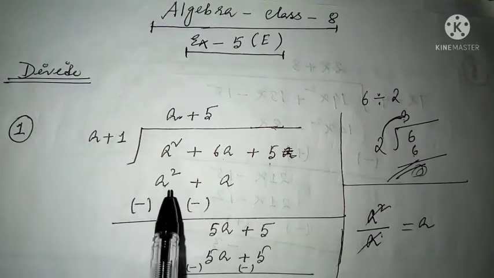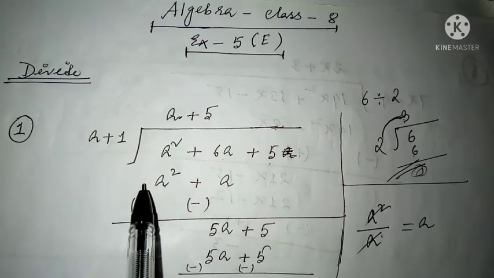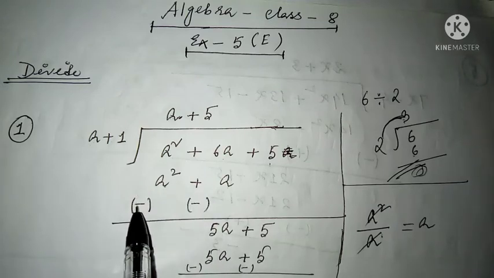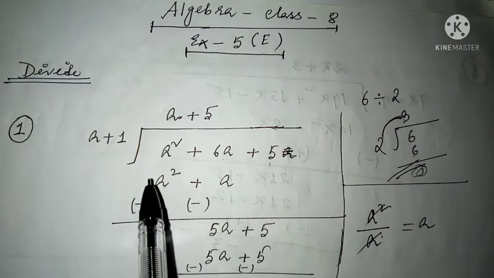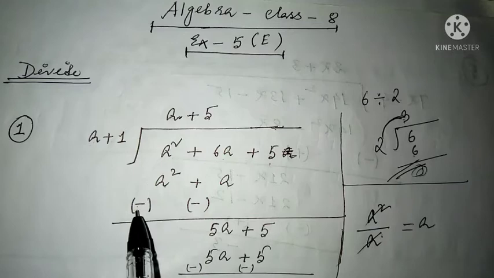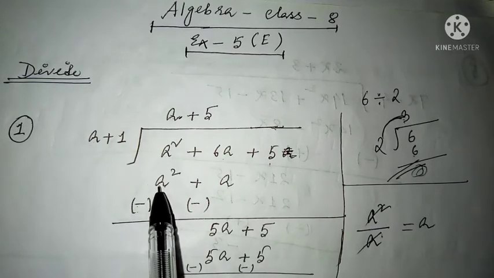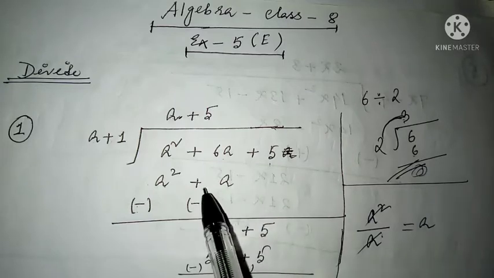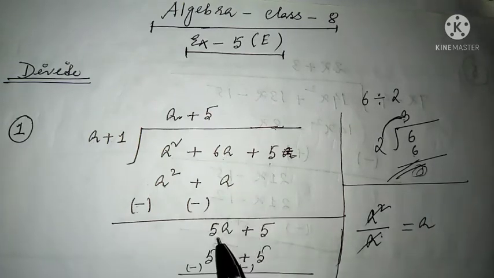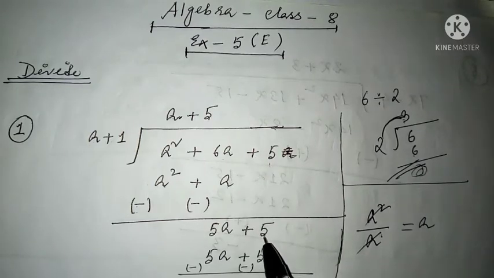Now see, this is a square, this is also a square. But one thing you should always remember: when you have a plus sign in the second part, in the downside, you have to assume it as minus. If you have a minus sign here, then you have to assume it as a plus. Even though this is plus, we have to assume it as minus. So a square minus a square is 0, so no need to write here. Now 6a minus a is 5a. Now 6a is the bigger quantity with a plus sign here, so no need to mention it, but you have to make this positive. Then plus 5 as it is here.